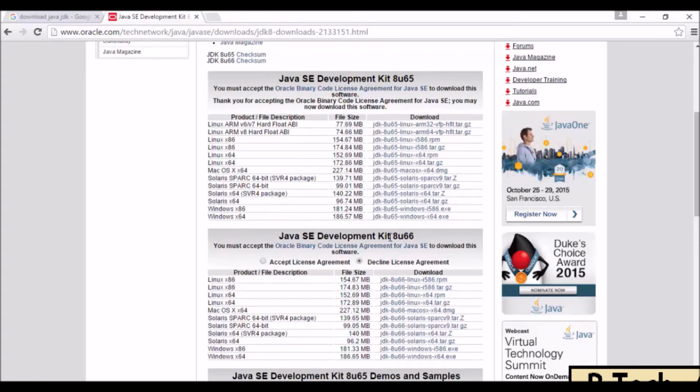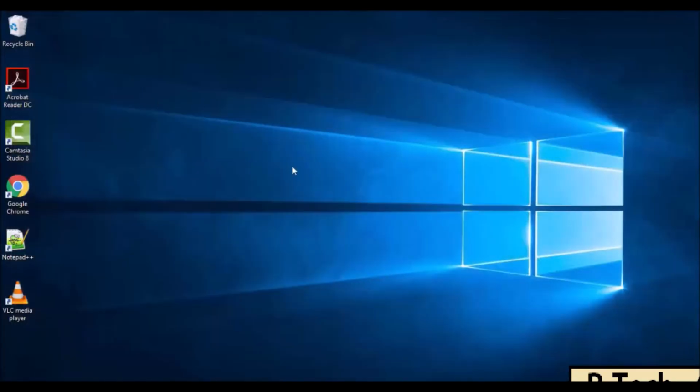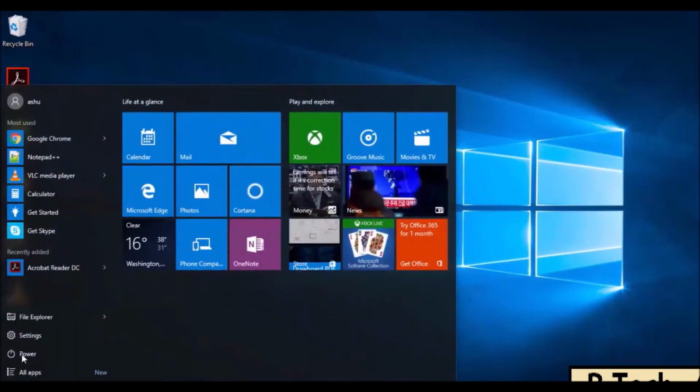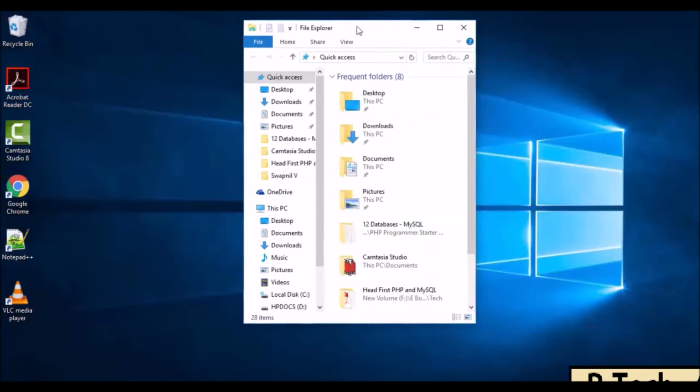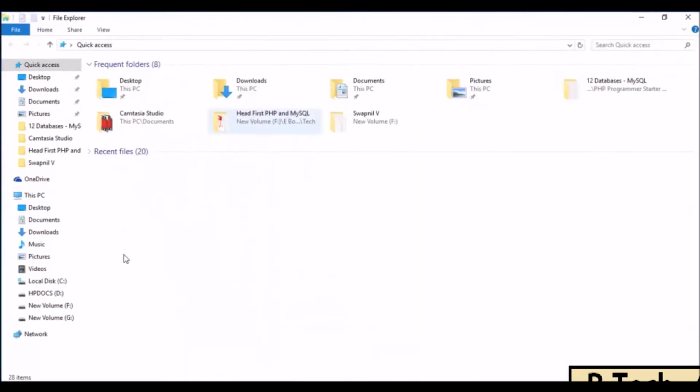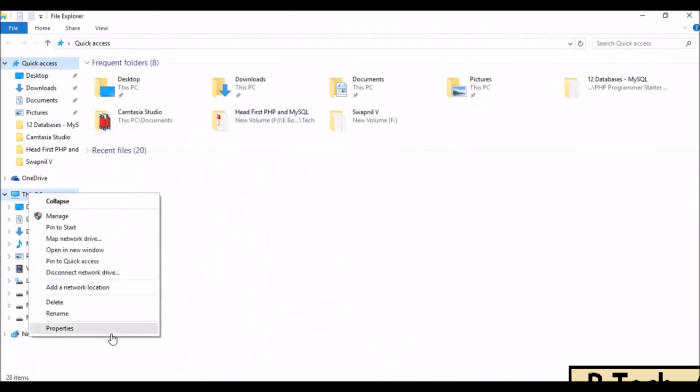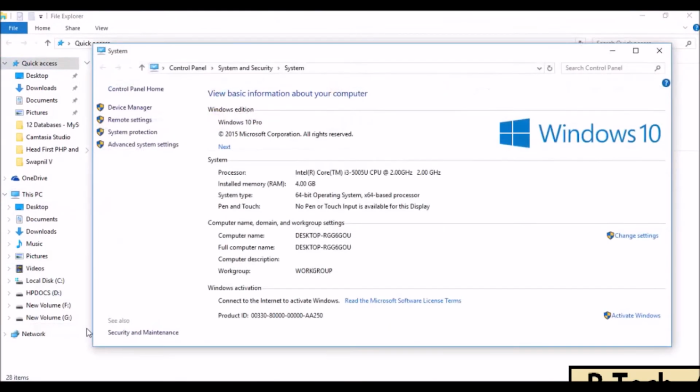Once you finish installing Java JDK, the next thing which we need to do is set up an environment variable. If you have no idea what an environment variable is, you simply go on to the start button or the Windows button, open up your file explorer, or if you have This PC on your desktop, you could simply right click onto the This PC icon and go on properties.